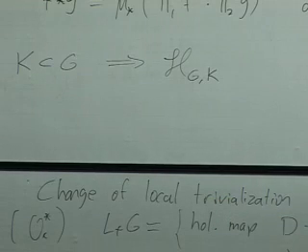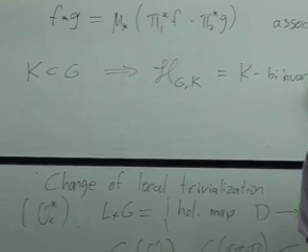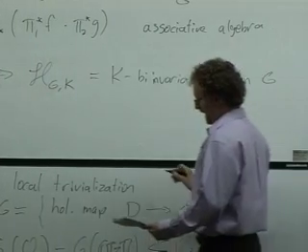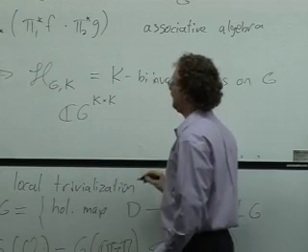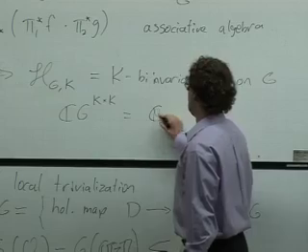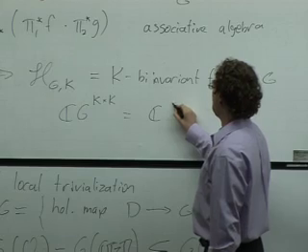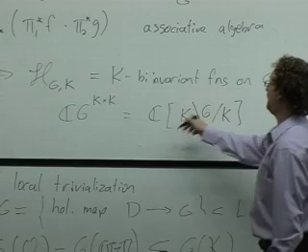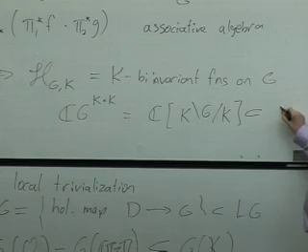So what's a Hecke algebra? This is K-bi-invariant functions on G. Or if you'd like, it's the group algebra, and you look at K cross K invariant. What does it mean? K is acting on the right and on the left. So this is functions on the set of double cosets. So it's functions on G that are invariant both under the right and the left actions. So it's functions on the set of double cosets, and by definition, it's a subset of the group algebra. These are certain functions on G.